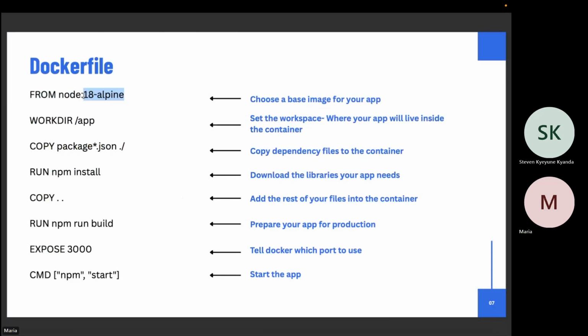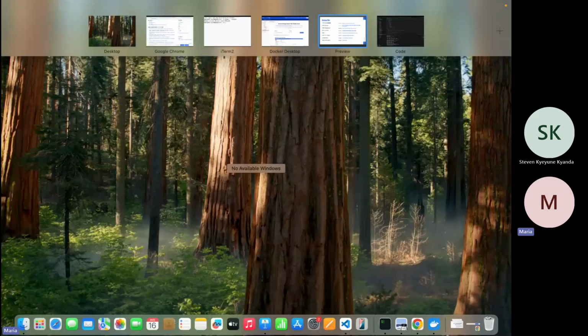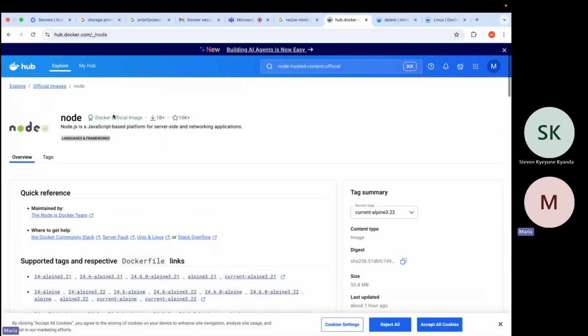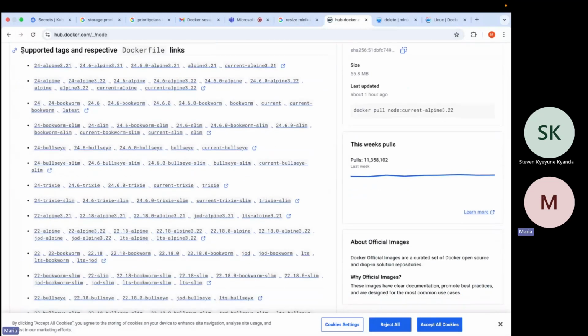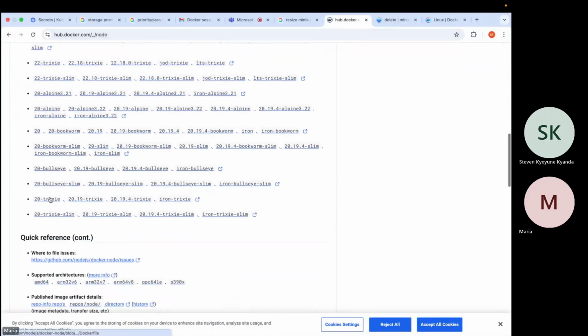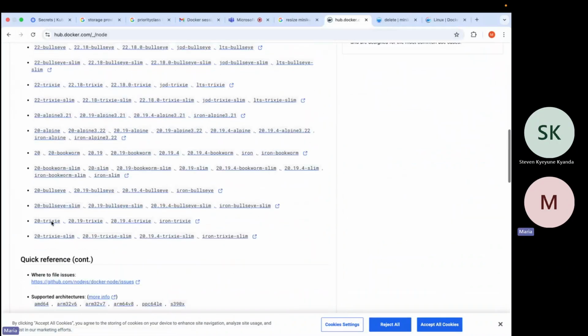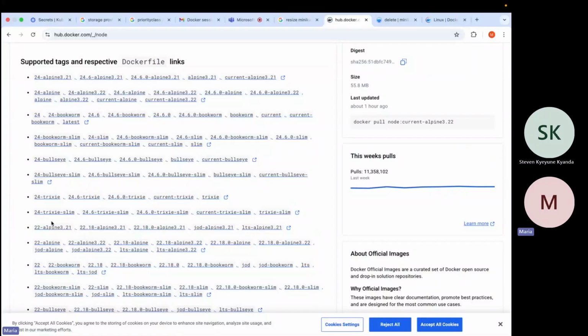So what does this mean? When you go back to Docker Hub, you check for the node image, you check for the supported tags and the respective links. The image we're running currently is 18-Alpine.